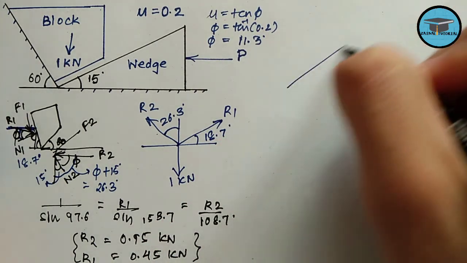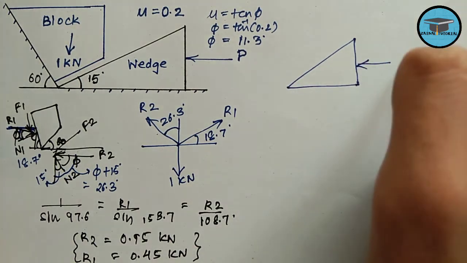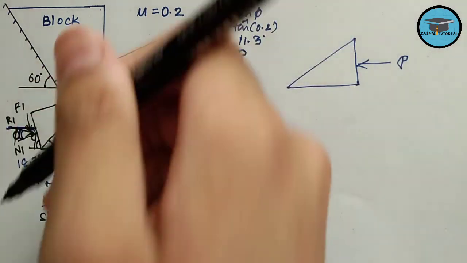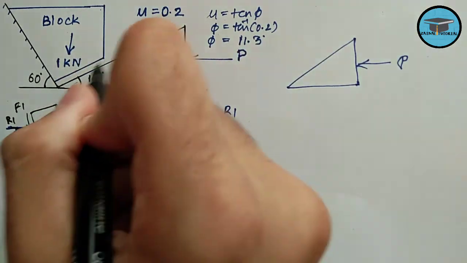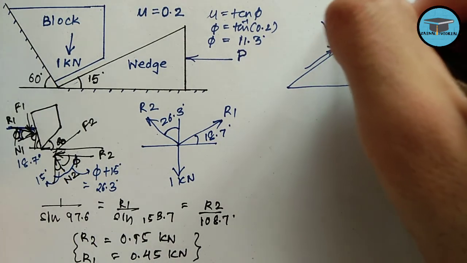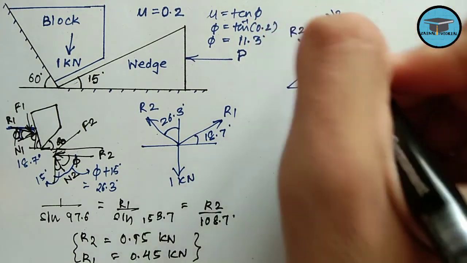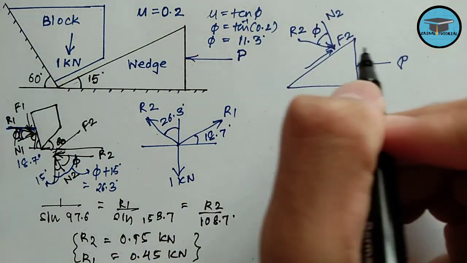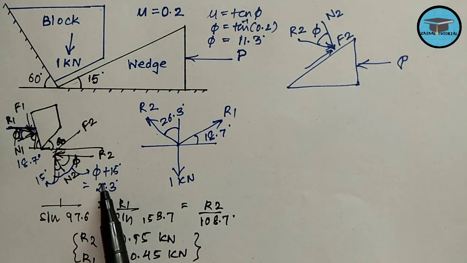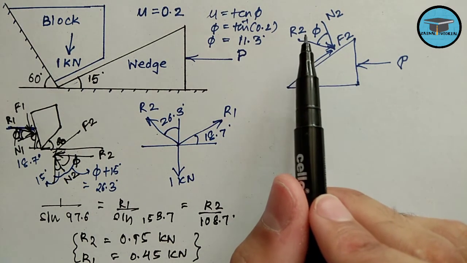So let us draw the free body diagram of the wedge first. So this is wedge, there is a force P acting on it, and on the block the frictional force is acting in this direction due to this contact surface. So definitely on the wedge it will be acting in this direction, that is F2. There will be normal reaction, that is N2, and it would be inclined at an angle of, let us take the resultant as R2, which will be inclined at an angle of phi with that of the N2. Okay, this R2 is making an angle of 26.3 degree with that of the vertical. So here also R2 would be making an angle of 26.3 degree with that of the vertical only.